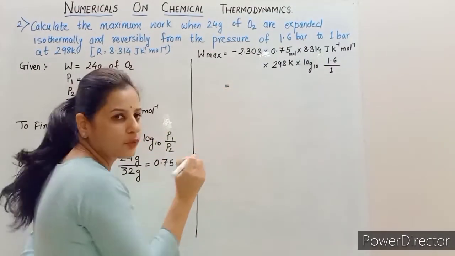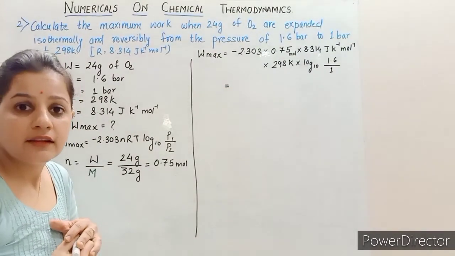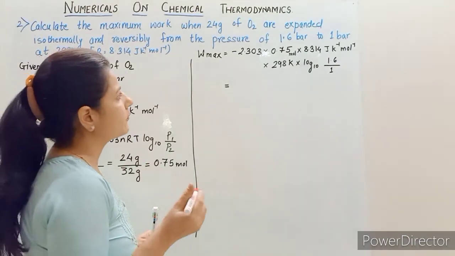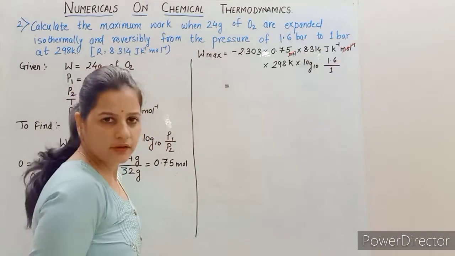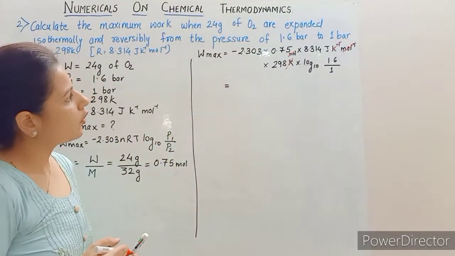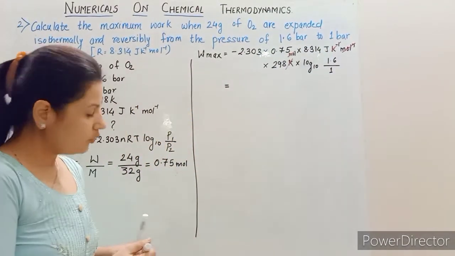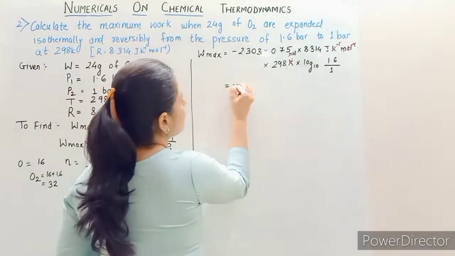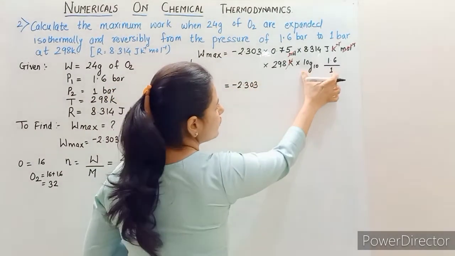First of all, we are going to cancel out whatever can be cancelled in the units. In this case, this mole and per mole will get cancelled. Per Kelvin and Kelvin will get cancelled, and there is nothing else here. Okay, means the answer will be in joules. Now we just have to multiply it out. So before doing the multiplication using log, we have to first solve out this log.